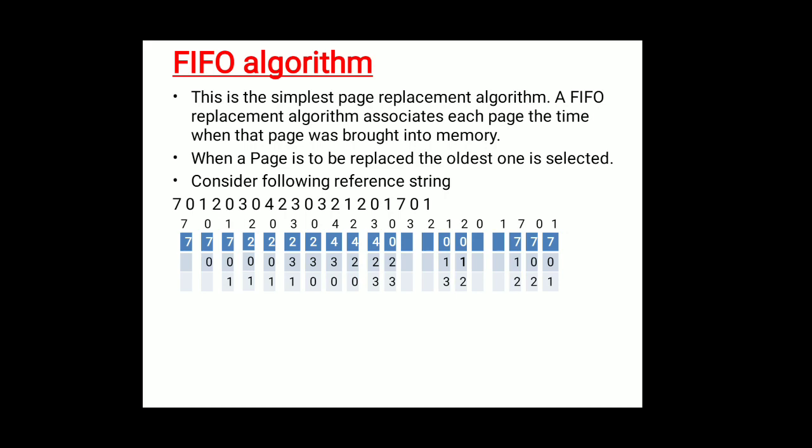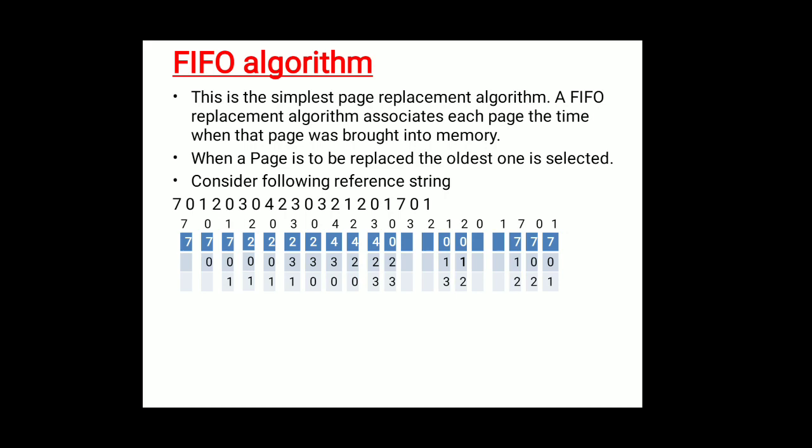Now after adding 7, we have to insert 0, that is page number 0. Page number 0 is also not available in the frame, so we get it from the hard disk. That's why even the second frame is considered a page fault. Now coming to page number 1, it is also not available, so page number 1 will be brought from the hard disk and stored in the main memory. Now we can observe that our frames are full, that is 7, 0, 1.